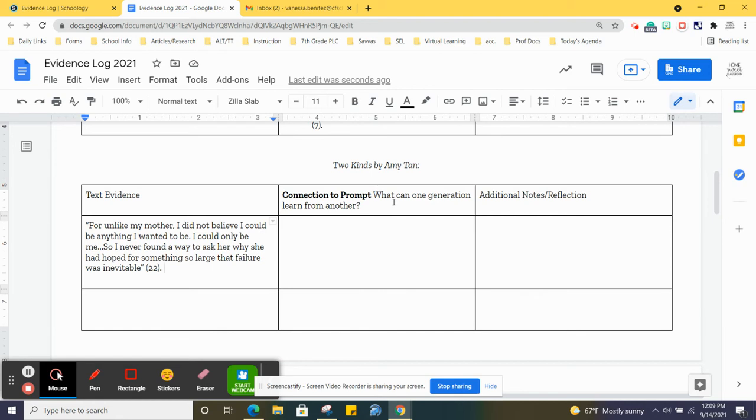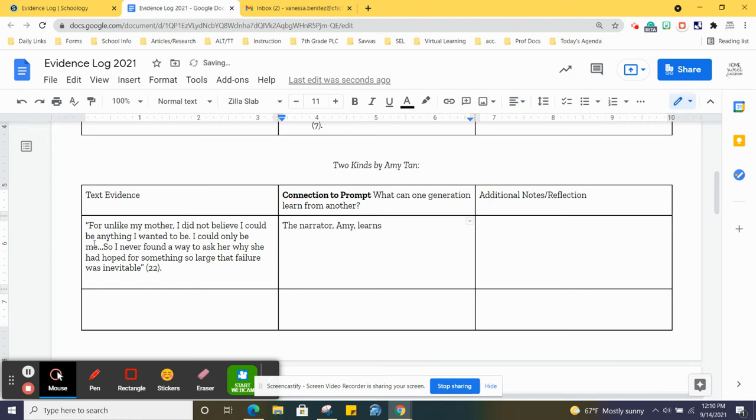So now we have to answer the question, how does this quote answer what can one generation learn from another? So I'm going to have to take this piece of text evidence and little by little, I'm going to have to break it down to answer that question. So let's just help ourselves out by starting with a sentence starter. The narrator learns. And the narrator is Amy. So the narrator, Amy,